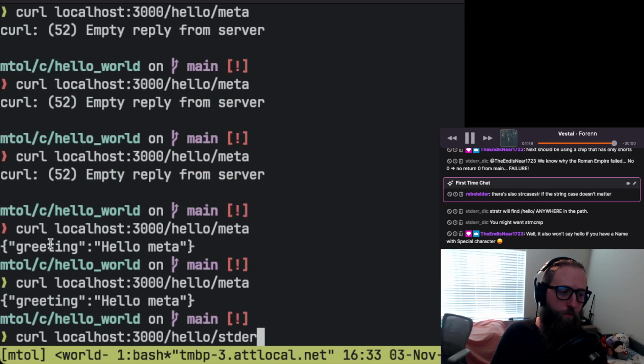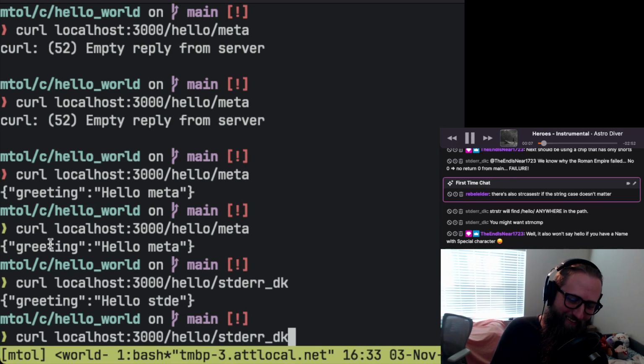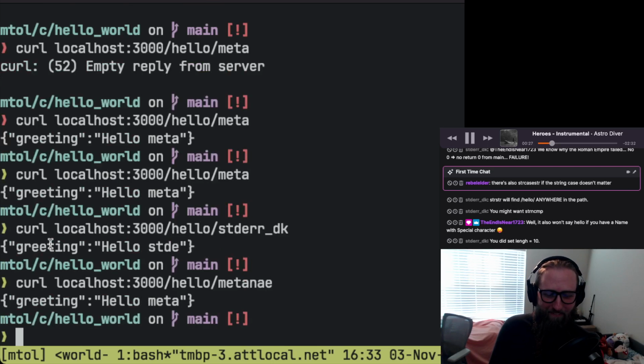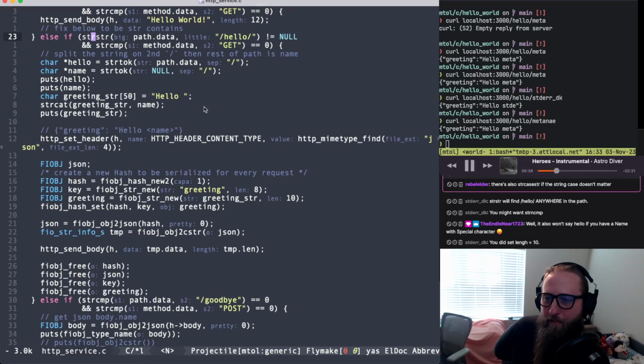Hello, stood air DK. What happened? It cut it off? Why did it cut it off? Is it only working for 4 characters? I set length to 10, you're right. That's what it is. I set the length to 10 down here. No, you're right. You're right. Okay. So I have to